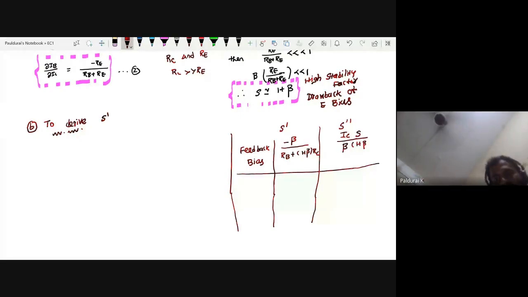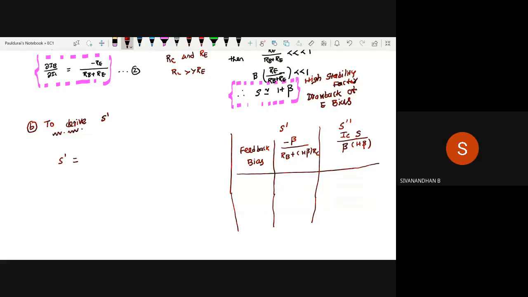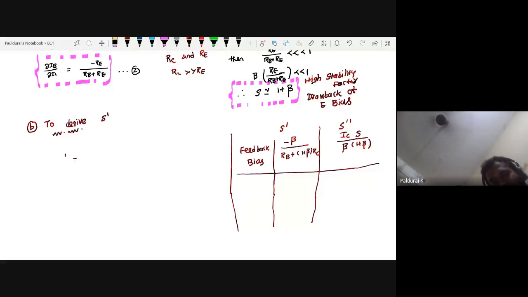Now any guess what would be your S dash for emitter bias? Minus beta by RB plus RE, sir. So what is your IB for fixed bias? Anyone? What's the value for IB in fixed bias? IB equal to I equal to V by R. So this is VCC minus VBE divided by RB plus 1 plus beta times RC. Whereas emitter bias